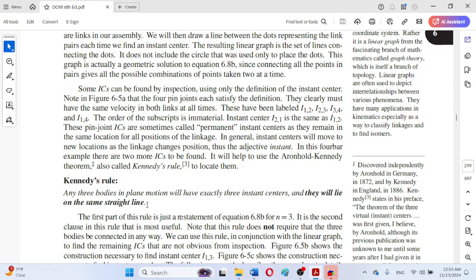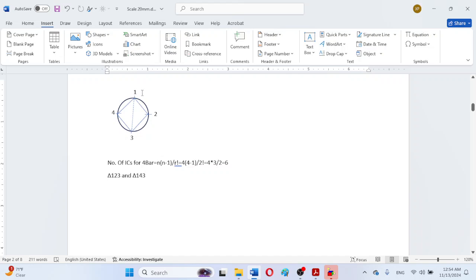So that actually means in this graph that,